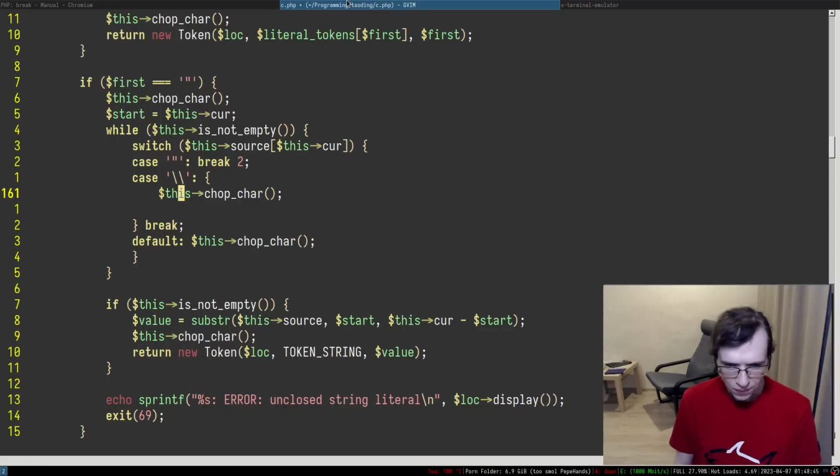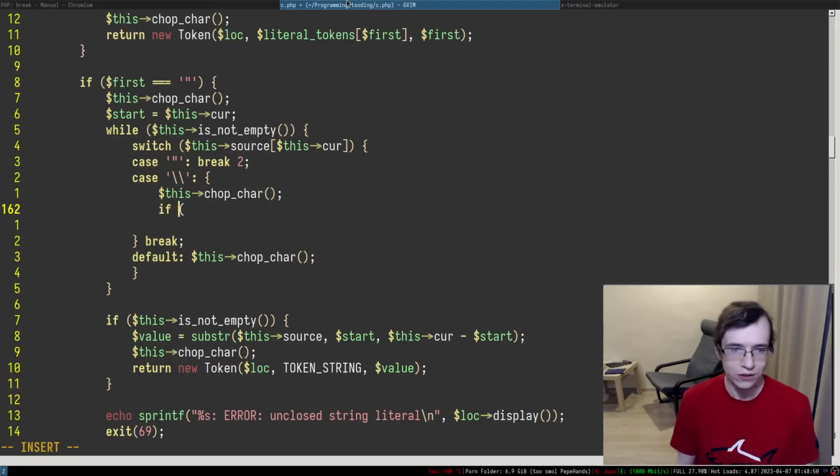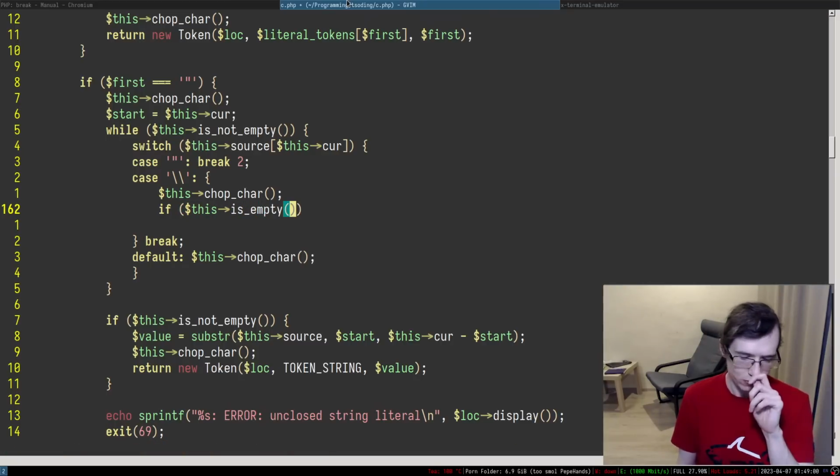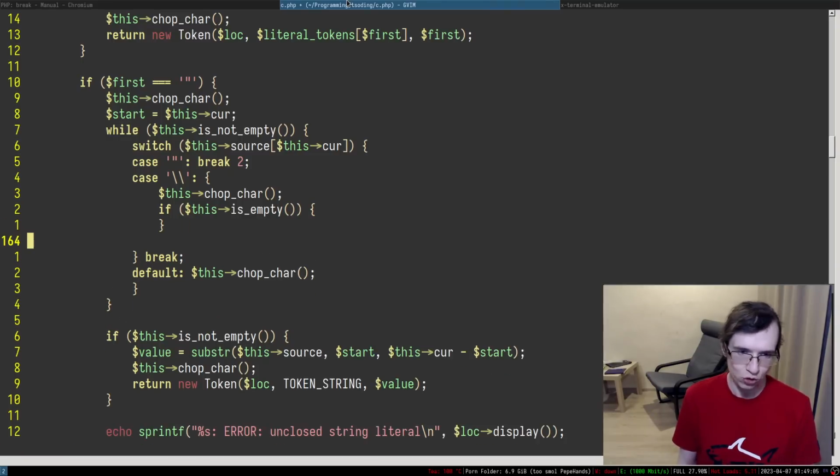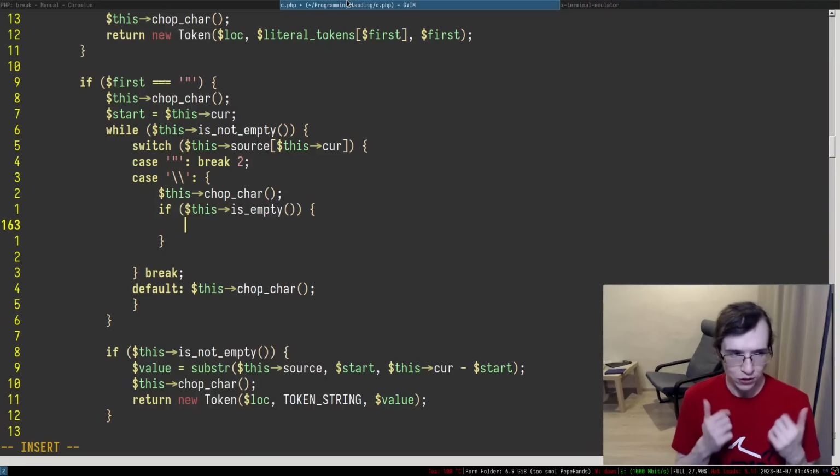And on the backslash, we actually have to check if we are still not empty. If this is empty, right? So if after all of that, the lexer became empty, we have to straight up throw an error because we encountered an unfinished escape sequence.